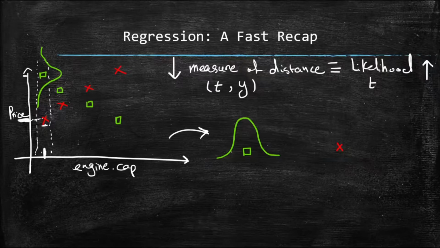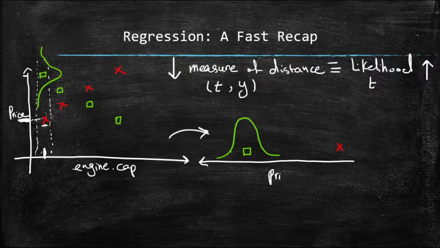This axis is the price. I'm just transforming the whole figure to make it more understandable. If I asked you, how likely is it that the actual price, my ground truth T, has been sampled from my model,